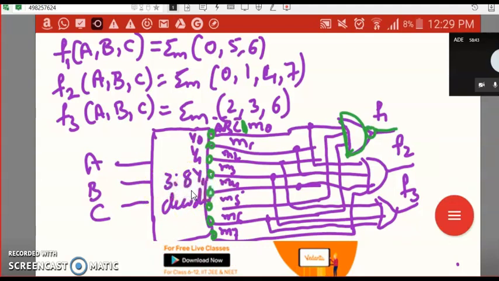When the IC number has been specified, normally they specify it in the problem statement itself: this IC has active low enable, active low outputs, active low inputs, like that. You should be very familiar. Active low inputs means a bubble across the input. Active low outputs, a bubble across the output. Active low enable, a bubble across the enable bit. So you should understand what the question has given, and based on the features you need to write the circuit. Thank you.